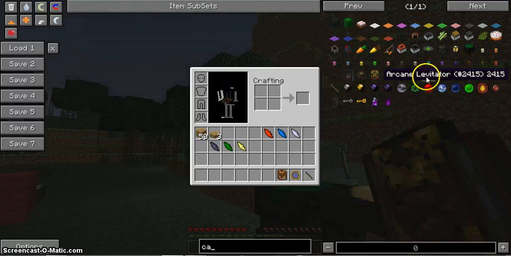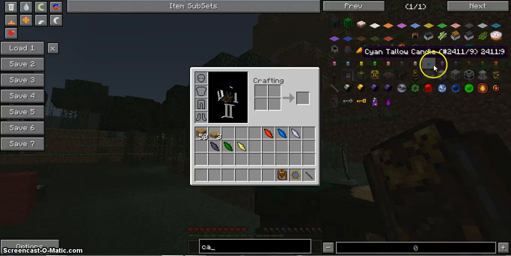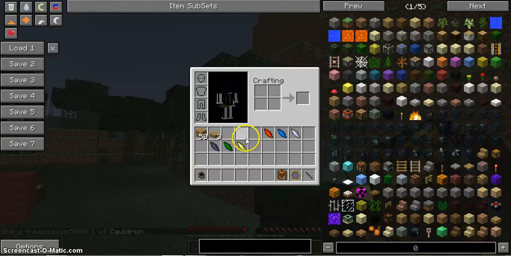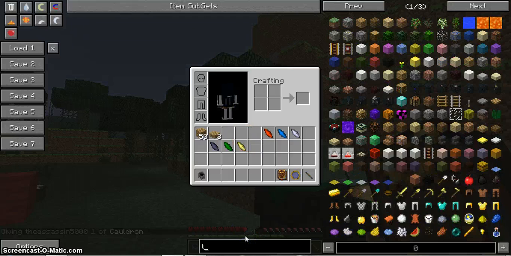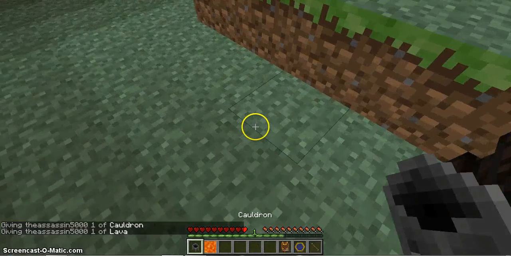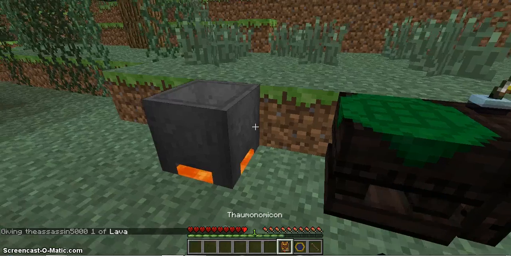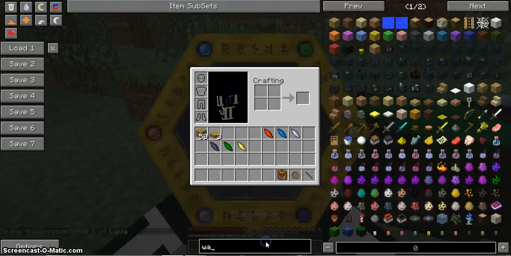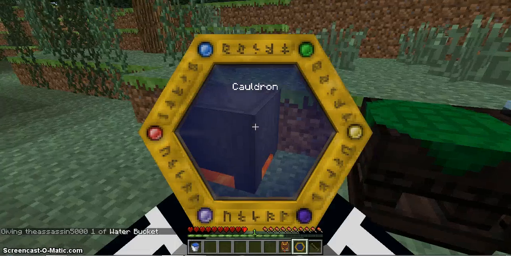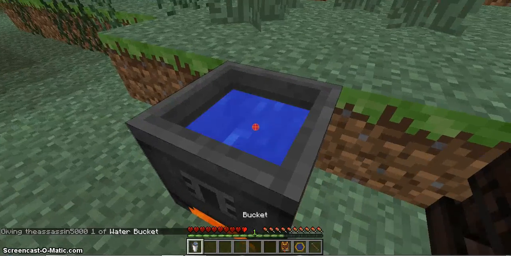So now it's talking about, so if we get a cauldron here, the cauldron is here, and then we get some heat source under it, so lava in this case. So let's just dig that out, put a lava, put that, okay, and then we get a water bucket. Then we go down to our wand, right click on it, it turns into a crucible, then you put your water in,